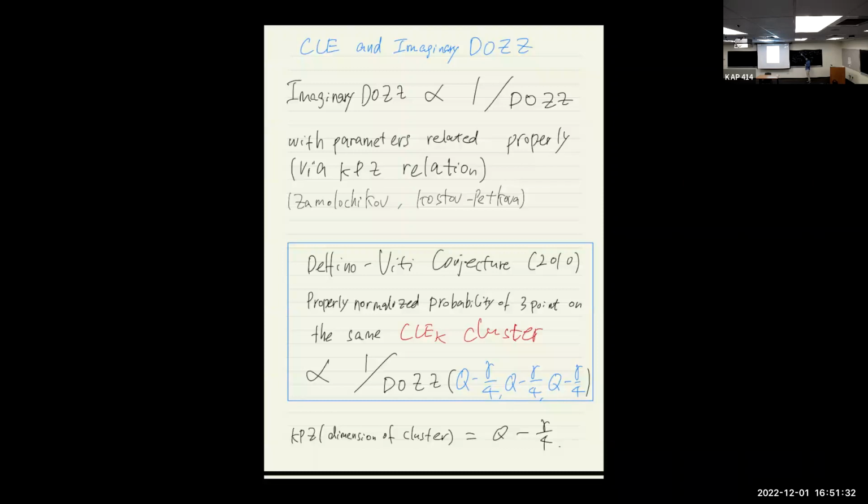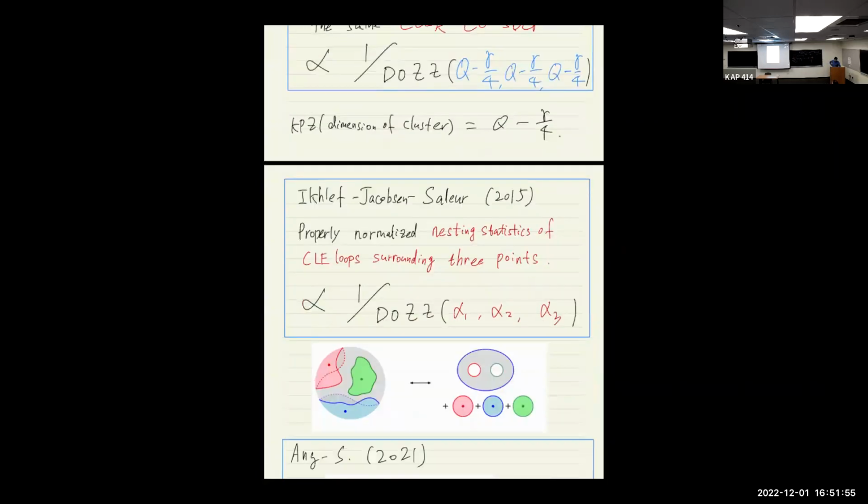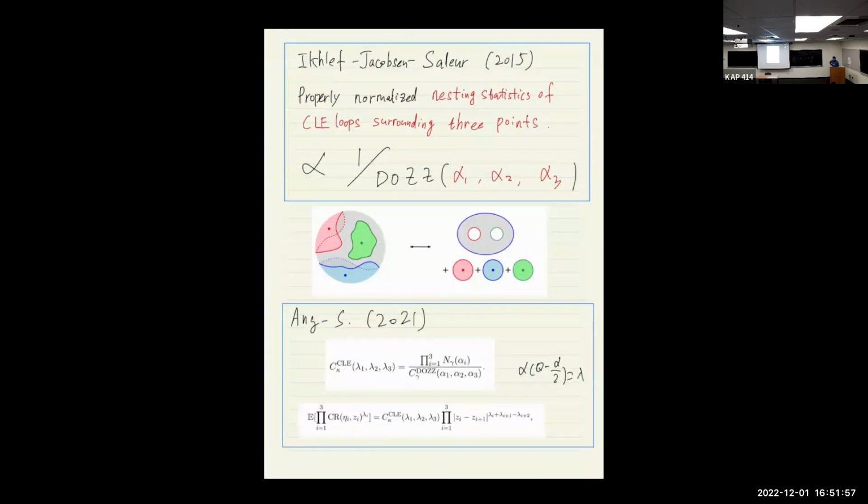in the DOZZ formula, all of these three numbers can vary, right? But in this conjecture, I can only have this. They have to be the same. It has to be this particular value. So I can use this conjecture as a probabilistic representation of this imaginary DOZZ formula, but only for some set value. And then later, there's a conjecture by physicists that can give a CLE representation of a general